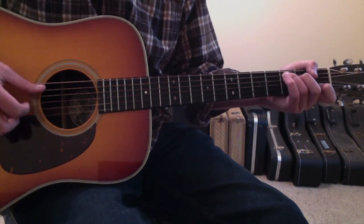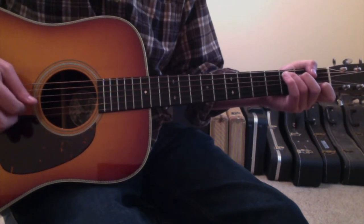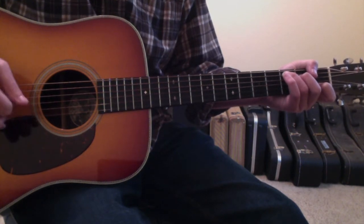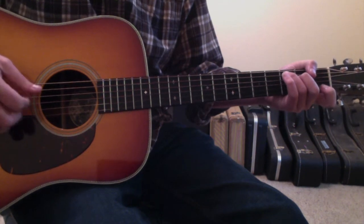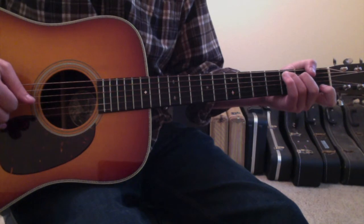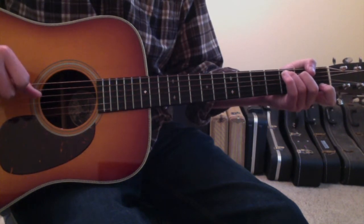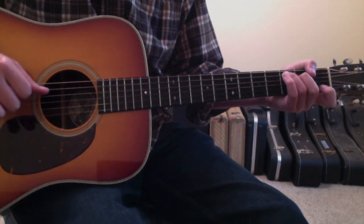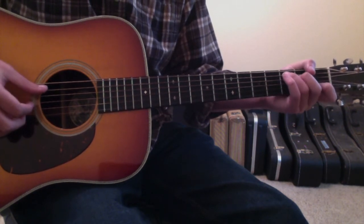So I'm going 5, 4, 3, 2, 3, 4, 2, pull off 3, and then it repeats. And on the repeat, it alternates between string 4, which is still fretted, and string 3 that is open, and alternates back 4, 3. So first time through on the C is